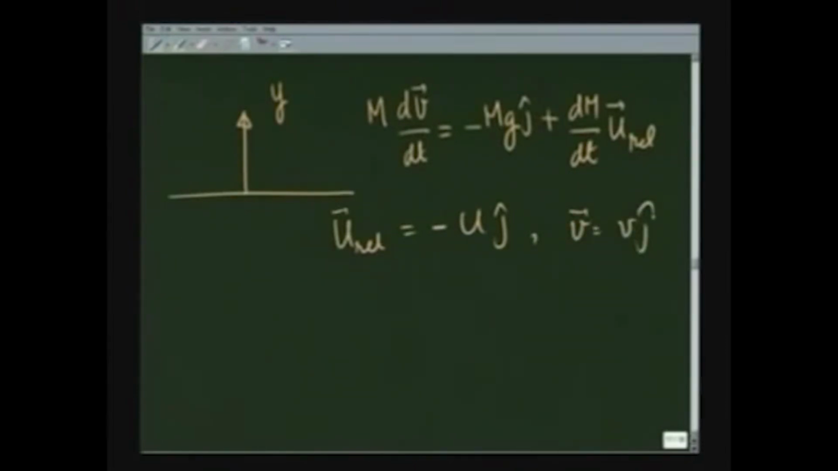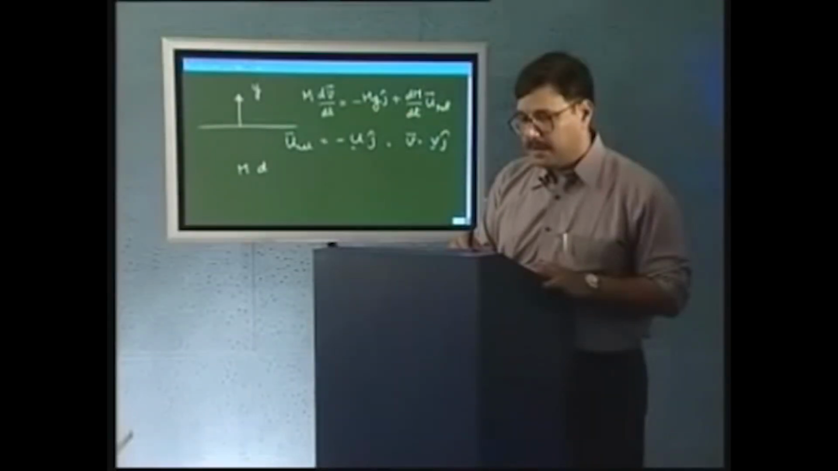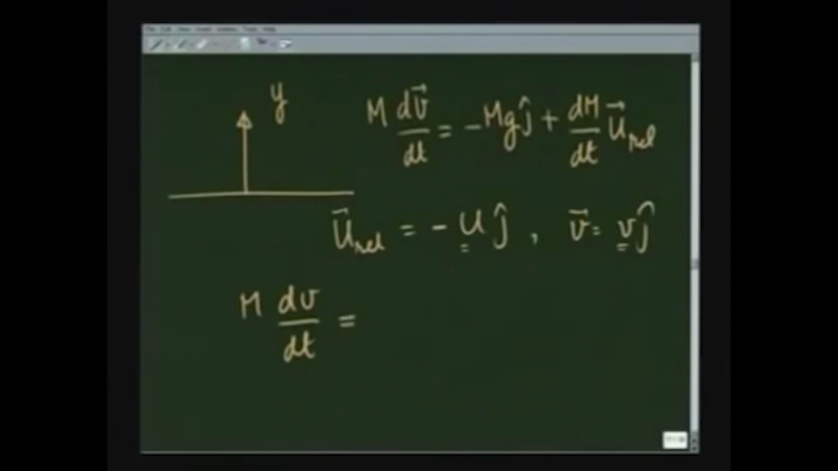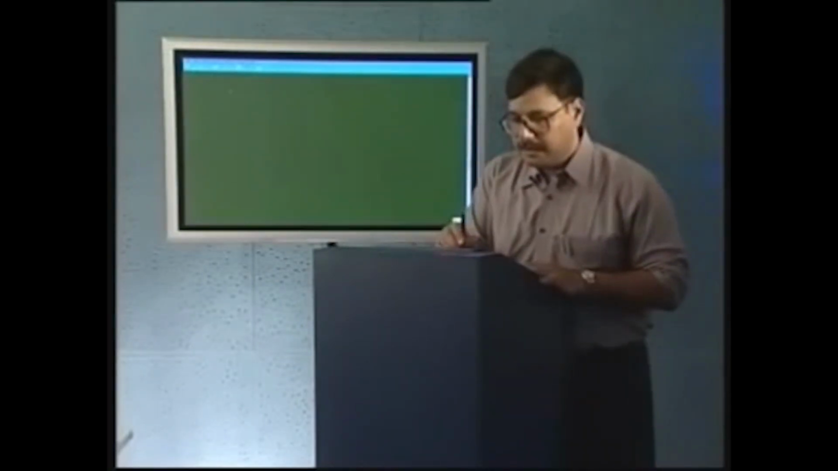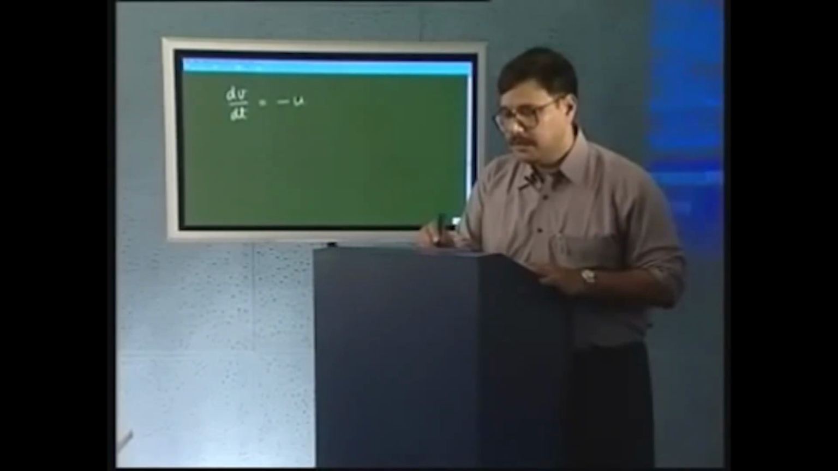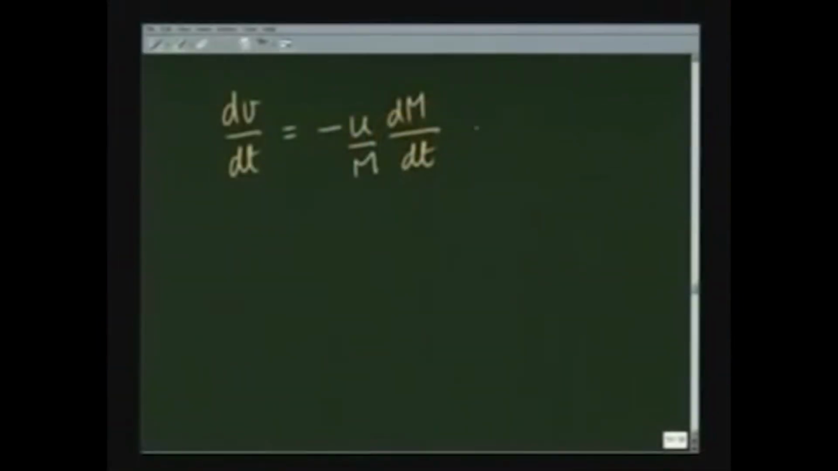So, when I transform this vector equation in terms of these quantities, I have m dv/dt equal to minus mg minus dm/dt times u, and therefore, if I divide by m all over, I get dv/dt equal to minus u dm/dt times 1 over m, minus g. Integrating,